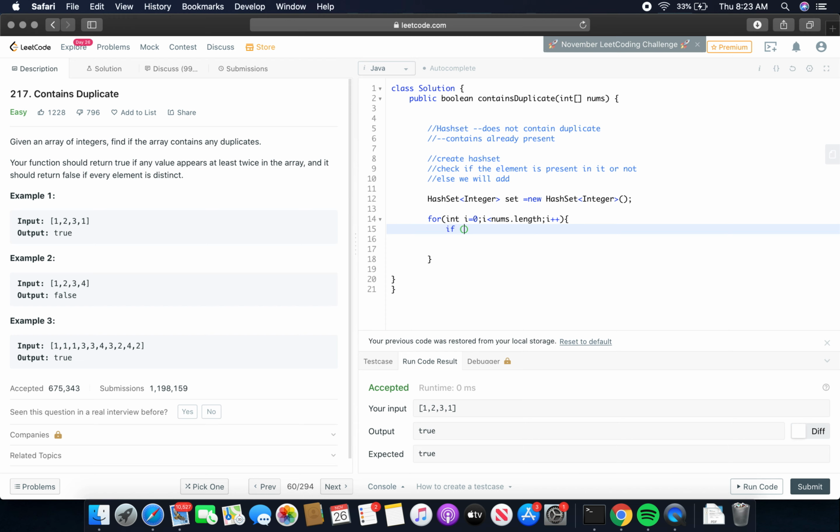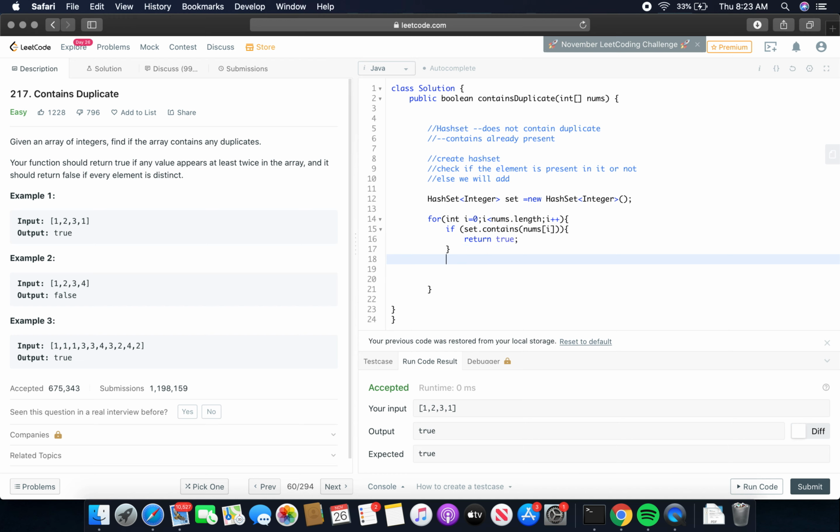Now if set.contains(nums[i]), what do we say? Return true, because if we see that element again, then we return true.